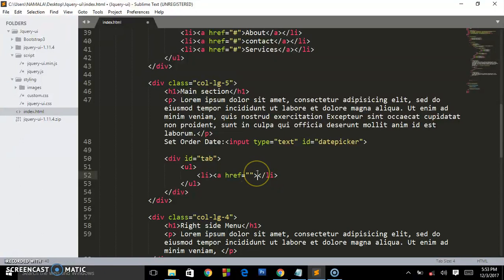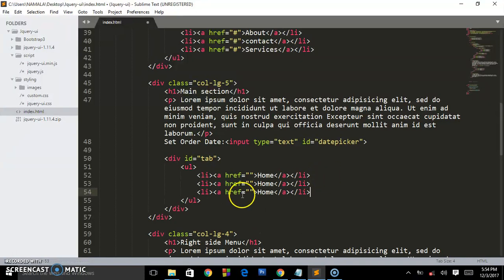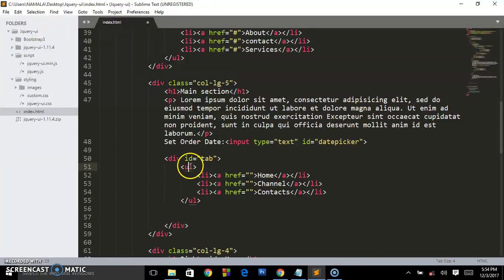Let me first remove that. This one is going to be home. Close it. So this one is going to be channel, and this one contacts. Now after the unordered list, then start writing and create other divs